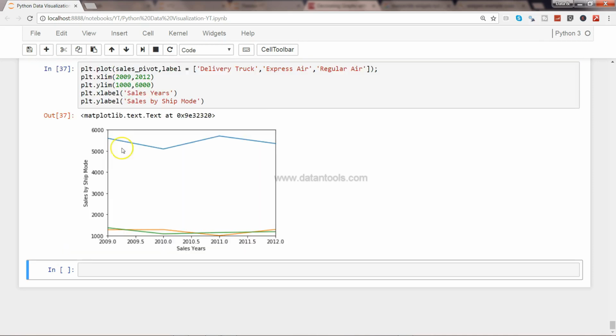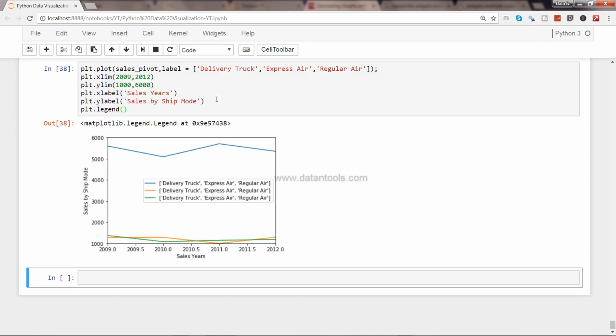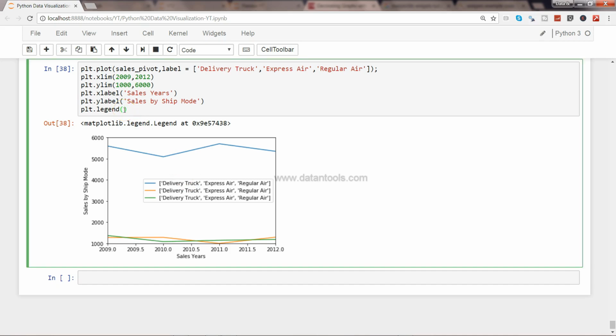Go ahead and execute that. You will not see it because we need to add the legend. Alright, so here we are with the legend information, and you can actually specify the position. So you have the value from 0 to 10. So if I specify, let's say 0,